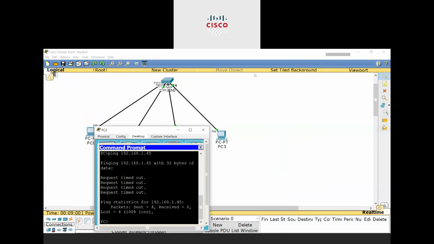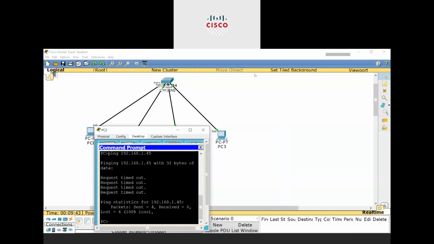If I want to divide my network into departments, into subnets, I have to simply increase the network bits by borrowing host bits from the host portion, and the number of bits borrowed will give us the number of subnets. Very simple. If I borrow 1 bit, the number of subnets will be 2. If I borrow 5 bits, the number of subnets will be 32. That's very simple. It doesn't matter how many bits have been borrowed.